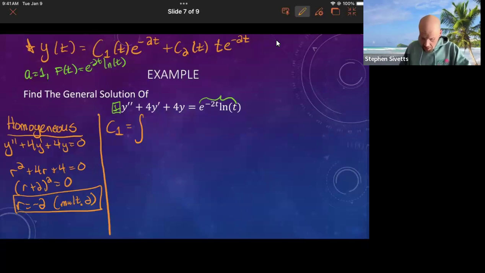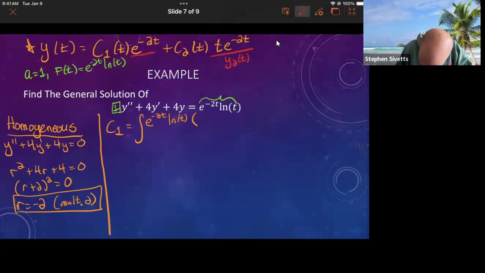So we have e to the minus 2t ln of t times y2 of t. Let me label what y2 of t is. This is y2 of t, and y1 of t is this quantity here. In this case, it's t times e to the minus 2t, over